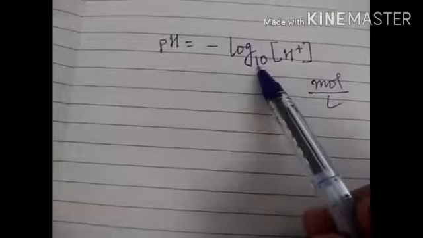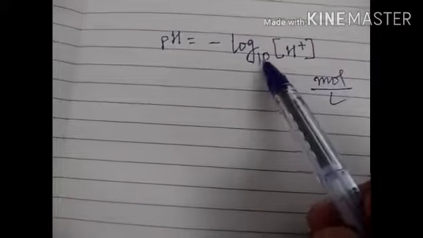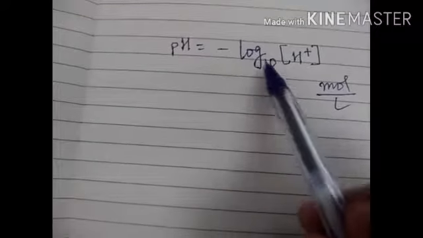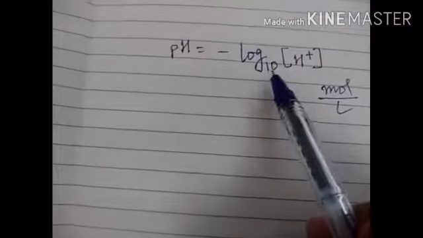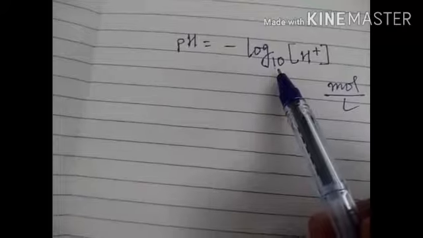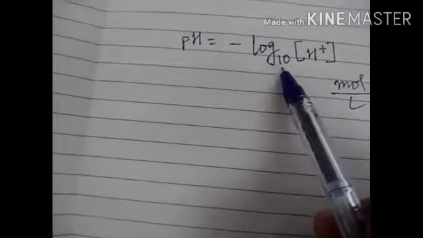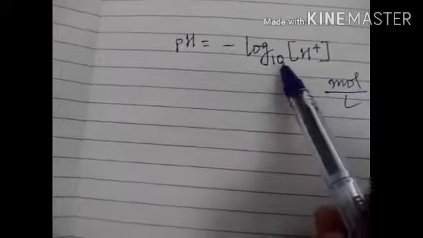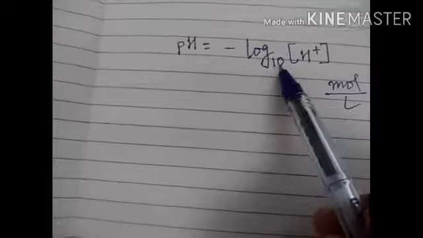Students, don't get confused with this base. It is written 10; it could have been 8 or 2, but the formula requires the base to be 10. The logarithmic tables which you are using, maybe in your practical files, are for this base 10 only. So don't get confused with this. Now I am giving you an idea of how to calculate the pH of a solution.